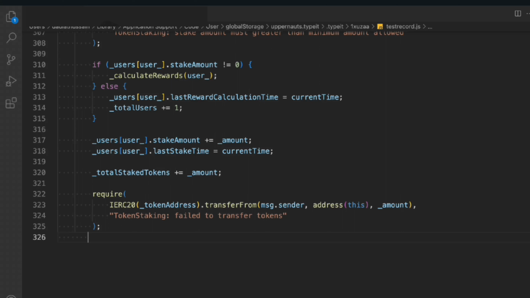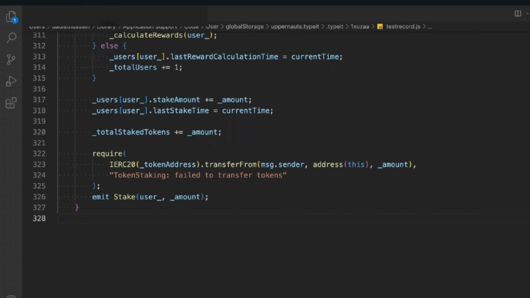Then we have to emit the event, stake event. So this is the entire function we have for the stake, which is going to be run internally. And now we have to work on the second function called